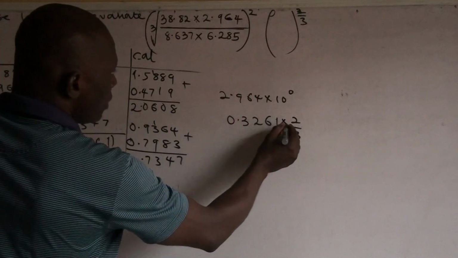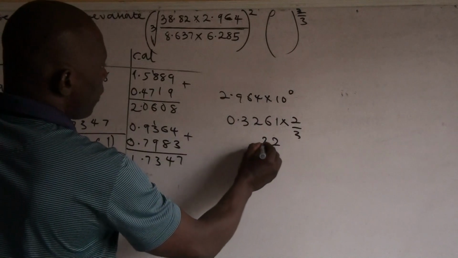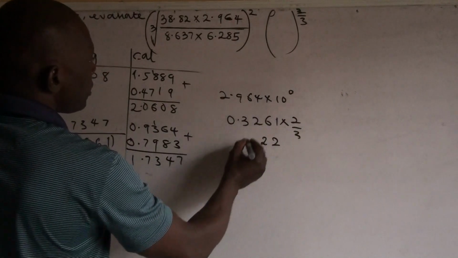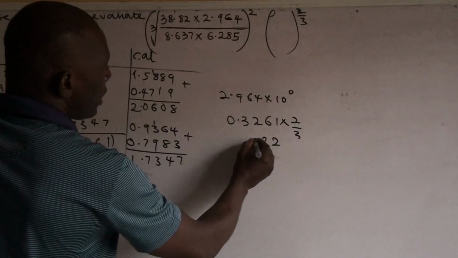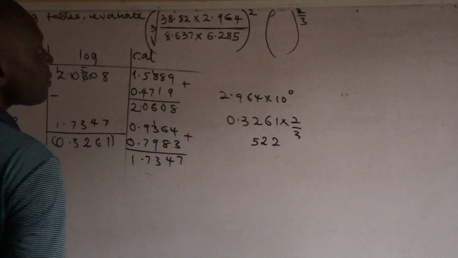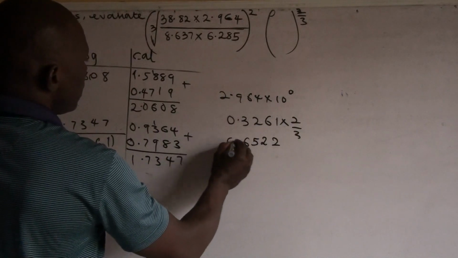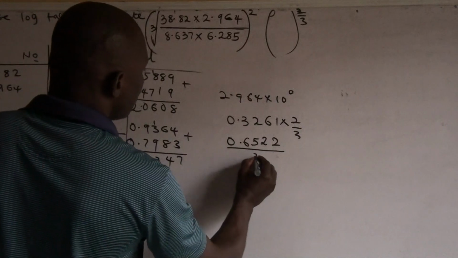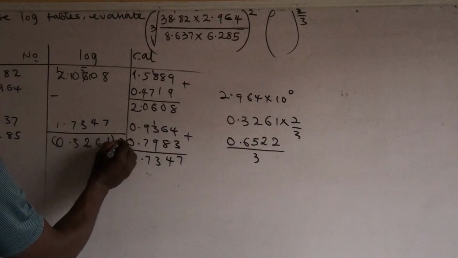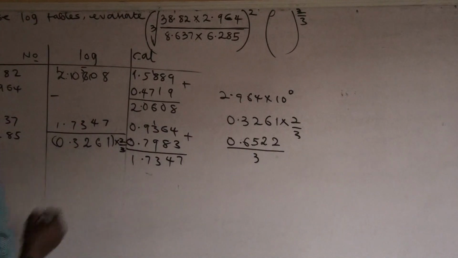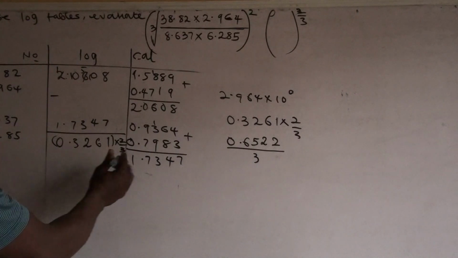Okay, let's do that. 2 times 1 is 2. 2 times 6 is 12. We'll write down 2, carry 1. 2 times 2 is 4. 4 plus 1, here we have 5. 2 times 3 is 6. And 2 times 0 is 0. So everything here, we see times 2 over 3. So dividing this result by 3,